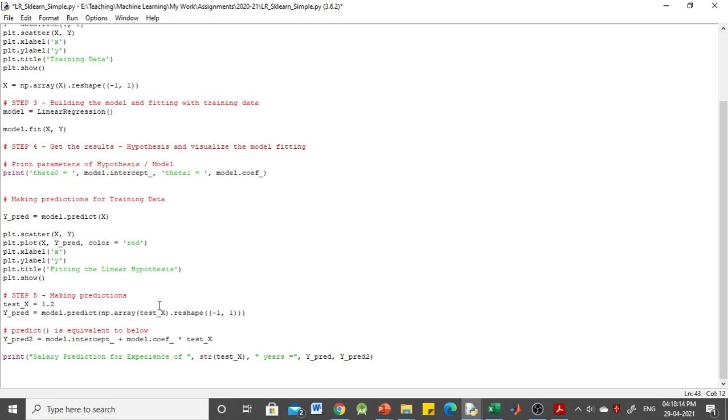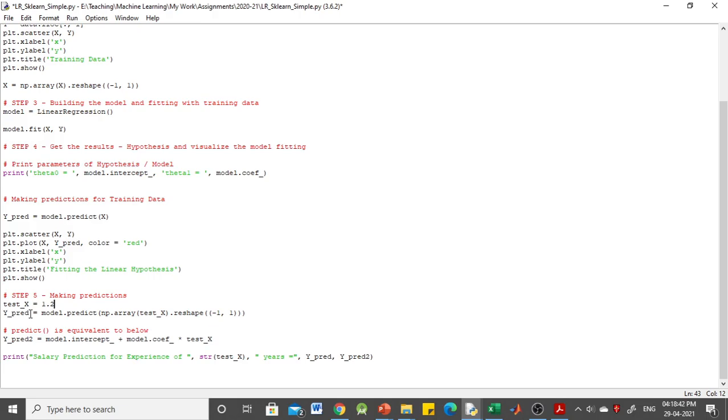In step number 5, we are making the predictions. While predicting, we use some test data. Here test x has the test data. Test x is a single attribute, which is experience in years in our data set. We want to predict, if the experience of the person is 1.2 years, what would be the salary of the person. So test x is 1.2.